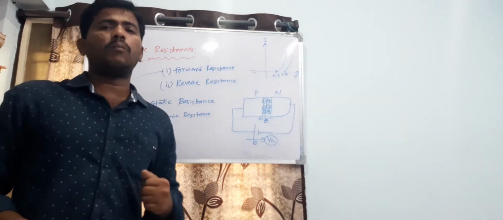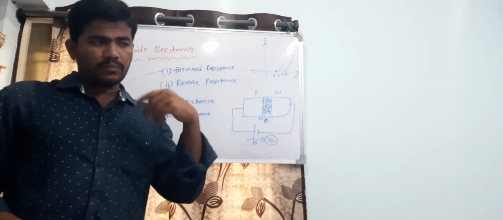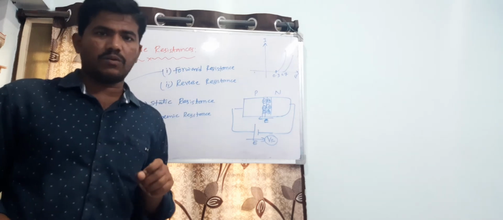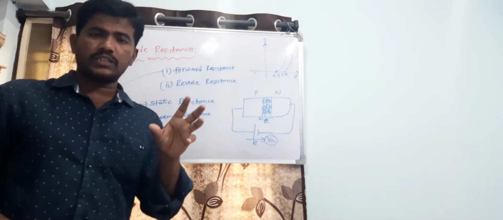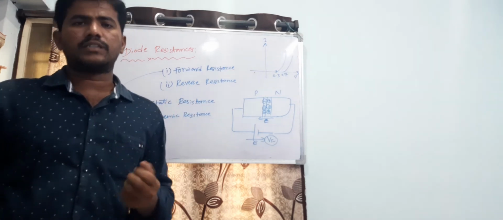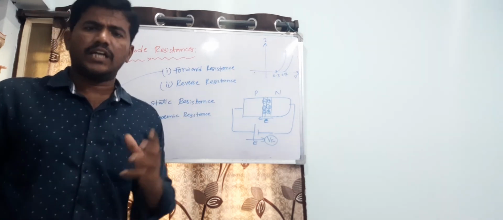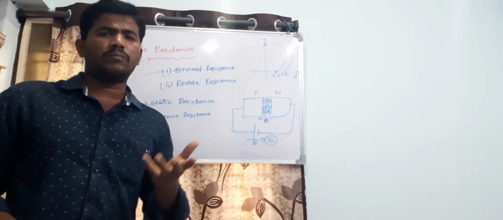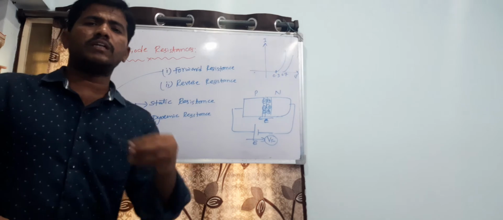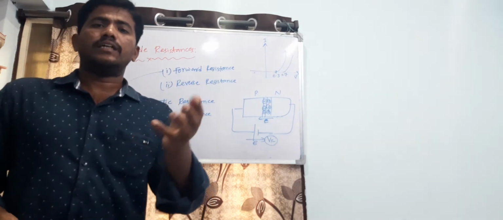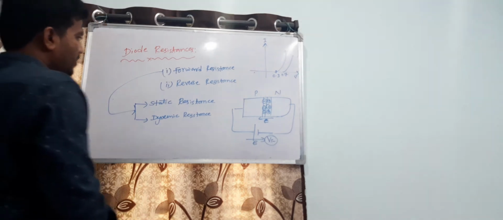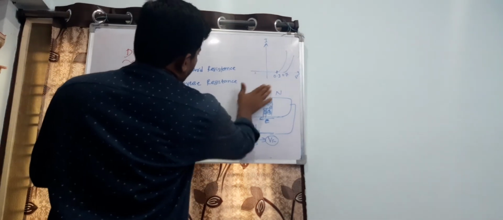If you consider a simple bulb, for example, just now we switch on the bulb, and after half an hour when I touch the bulb, it will be heated, because here the bulb acts as a resistor. It dissipates energy in the form of heat only. So that is the property of a resistor. Here also some energy is released in the form of heat. We can say some opposition takes place, and that opposition is said to be resistance here. You don't need to go in depth, just understand it like that.